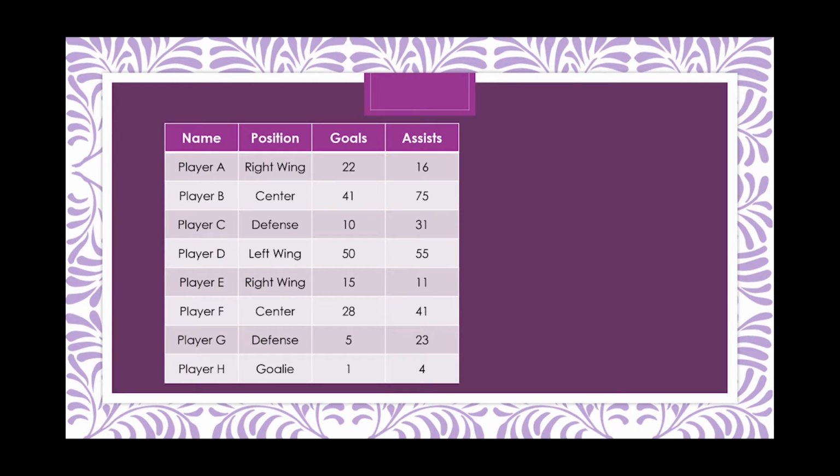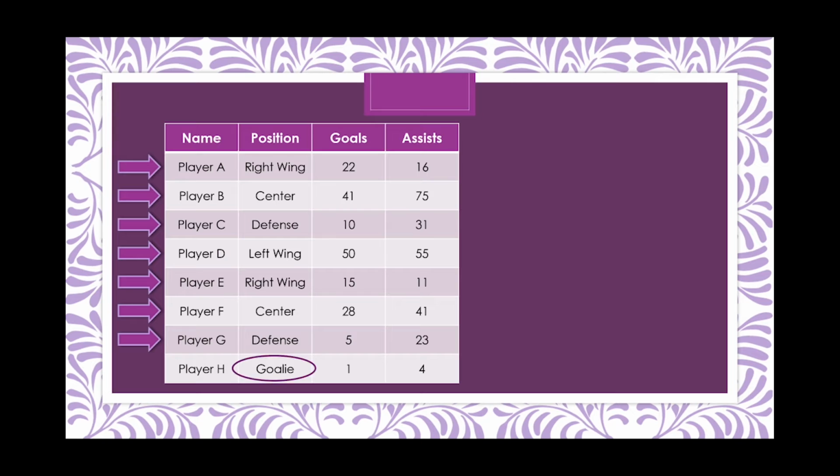Walking through this example, the where clause works by going through each row of the table and applying the where clause to each row individually. It therefore checks if the position is not a goalie, and if the condition evaluates to true, then that row and its position and sum of goals and assists is selected. We can see the following rows with arrows are selected, but the last one is not, as that player is